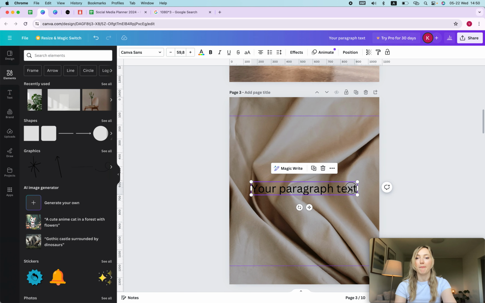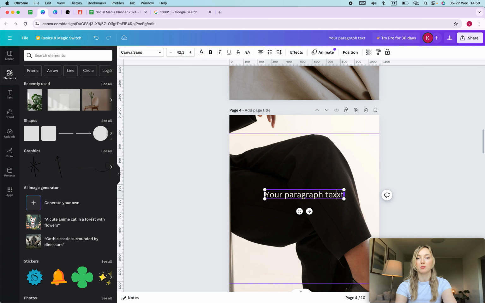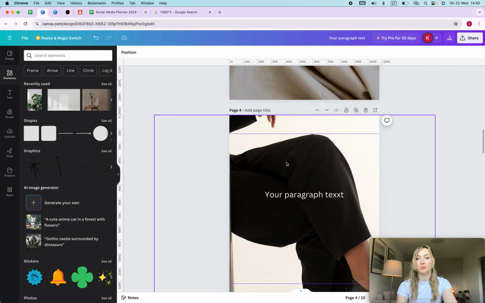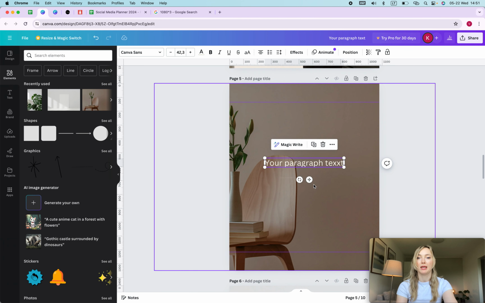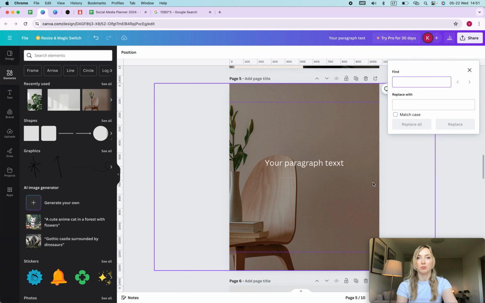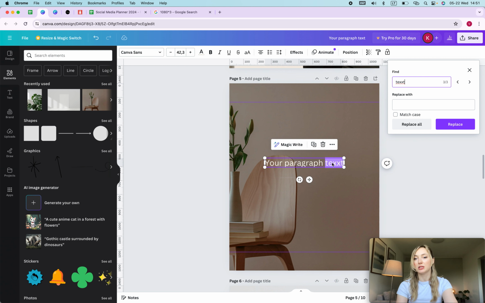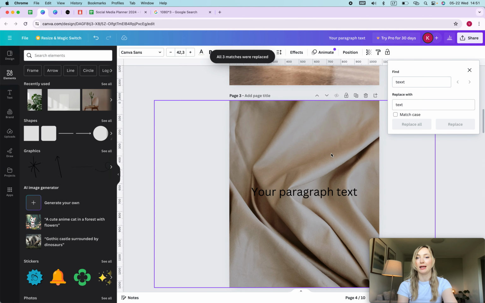Now let's say I made a mistake and I wrote text with a double X instead of text with one X. What happens then, and I do it in every post, so it doesn't matter, it could be one more. What happens then is I click Command F on my keyboard, and then I look for text. And as you can see, it's highlighted already. And then what I can do is replace with, and I can replace with text, and I click replace all, and now all of my files are edited